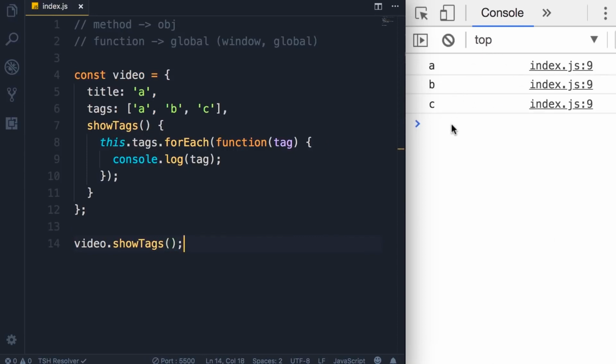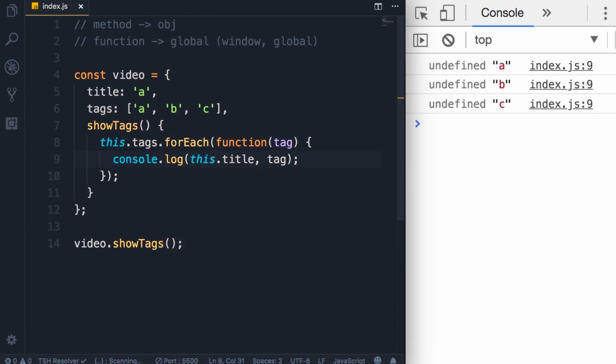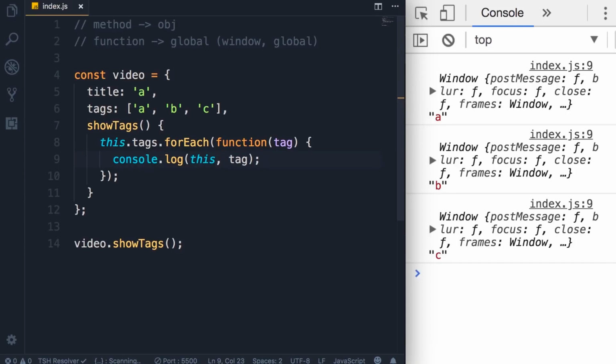Beautiful. But what if we want to display the title of the video next to each tag? Well, we can add this.title here, save the changes. We got undefined. What's going on here? Well, let's remove the title property and see what this is referencing. Save the changes. It's referencing the window object. But aren't we inside a video object here? Shouldn't this